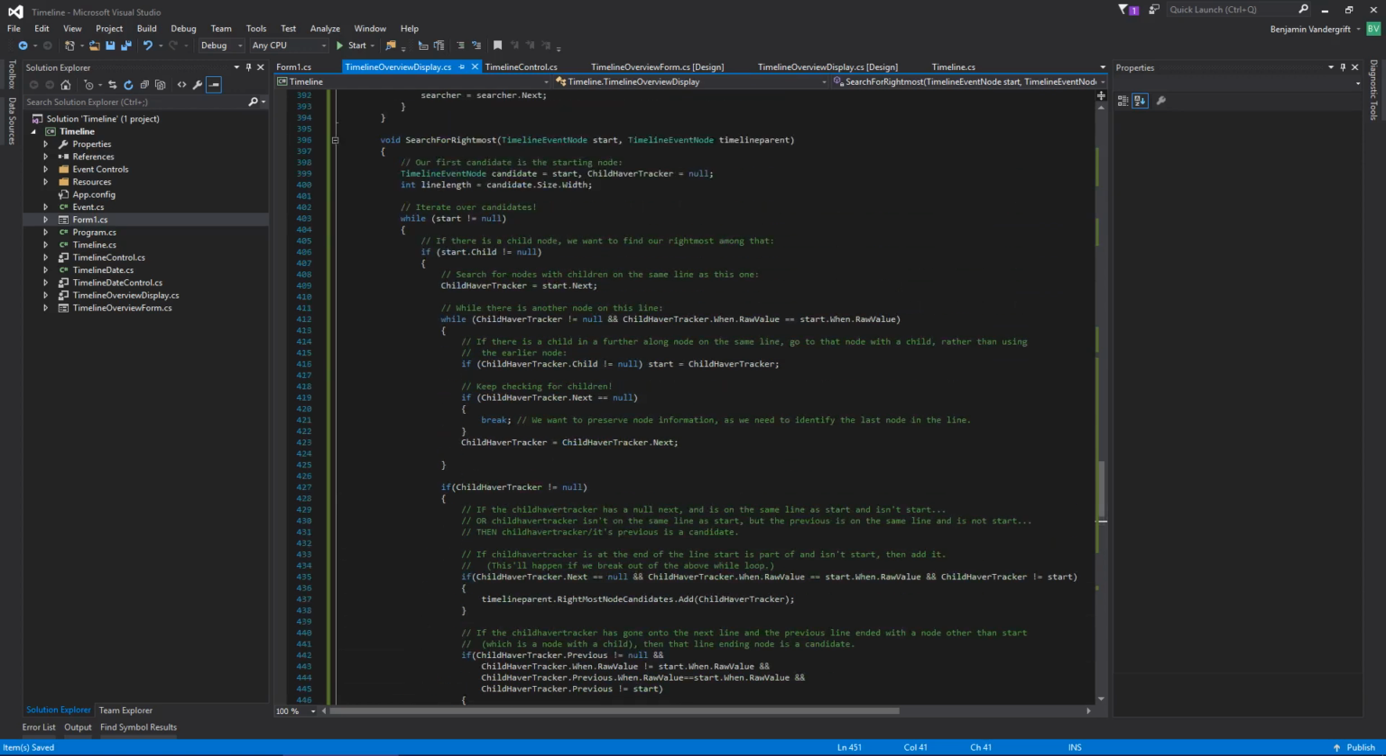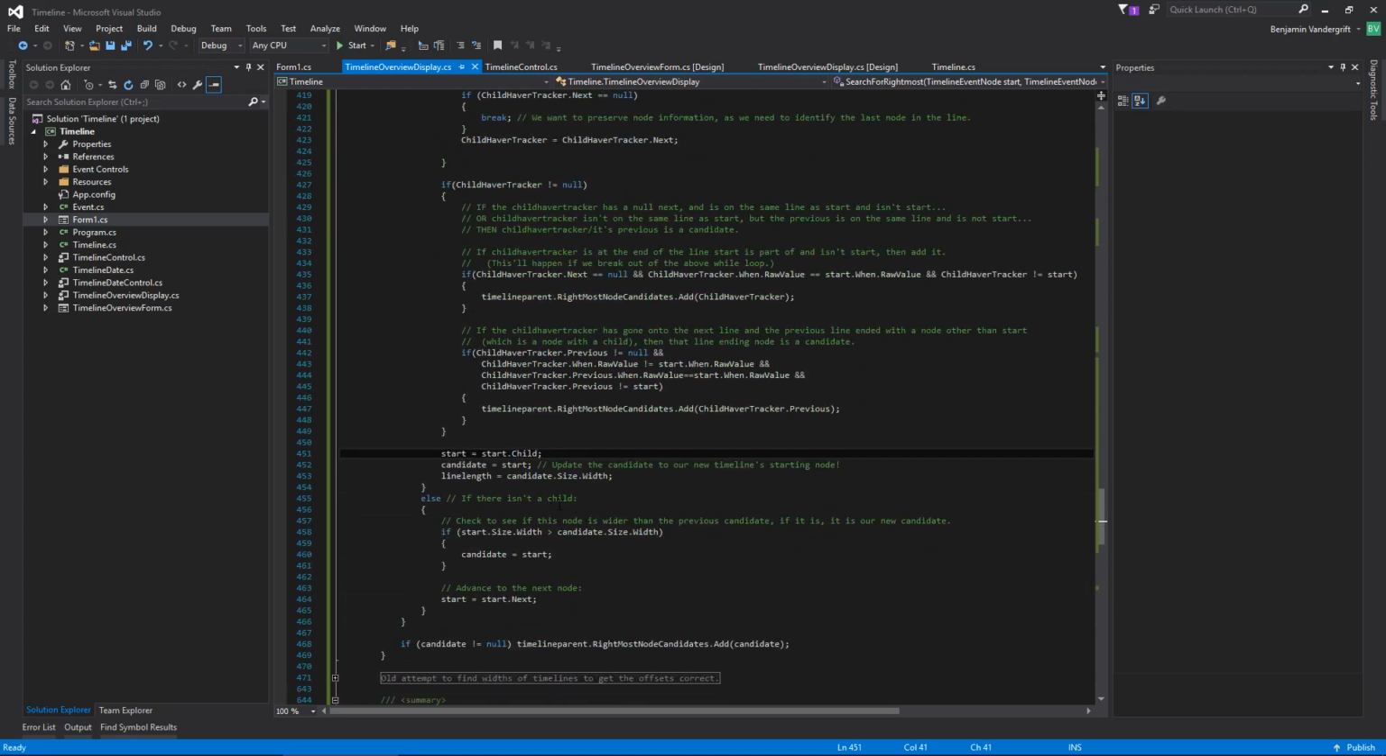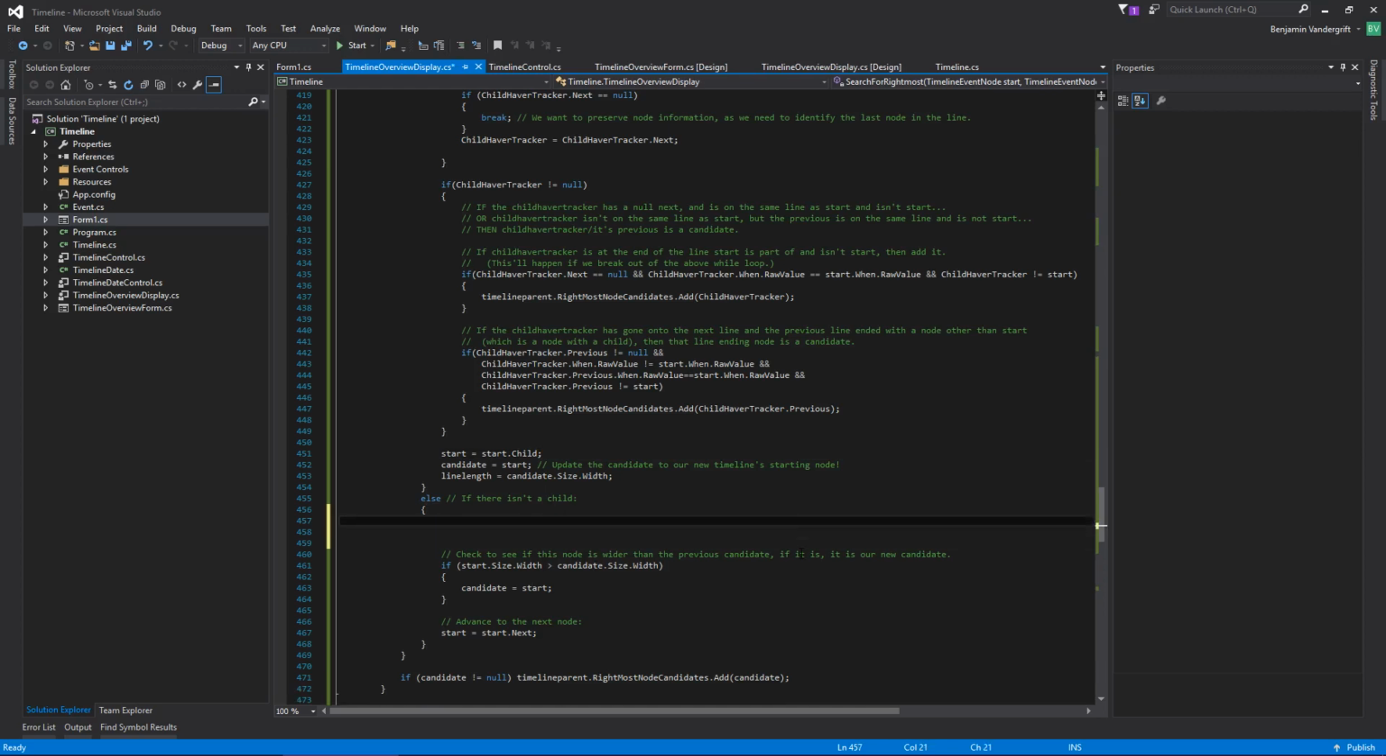So if we don't have a child, then there's a couple of things that we need to do. So if there isn't a child, if start dot, let's see, if candidate, okay, so if there is a child, that whole thing gets kind of reset. I need to think about the logic for a second here. Okay, so it's either going to be,